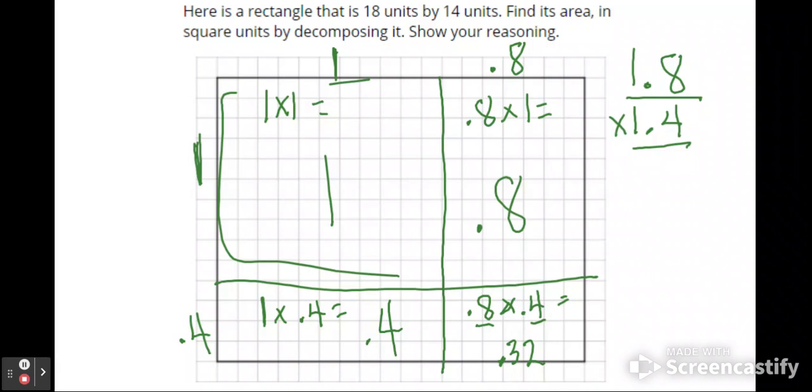Now, same policy, I'm going to add them up. But now I really have to pay attention to place value because I'm dealing with both whole numbers and decimal numbers. I know from the work we've done earlier, whole numbers do have a decimal. We just typically don't write it. Okay, so the whole number 1 has a decimal right there and zeros behind it. Now I know in order to add them, I have to stack my decimals. So I'm going to go through, I'm going to stack up my decimals. And then any number